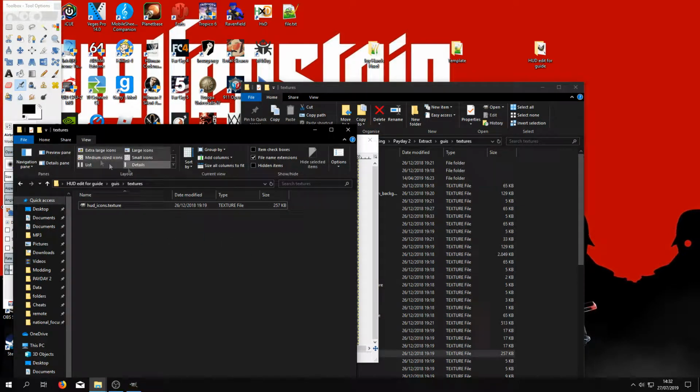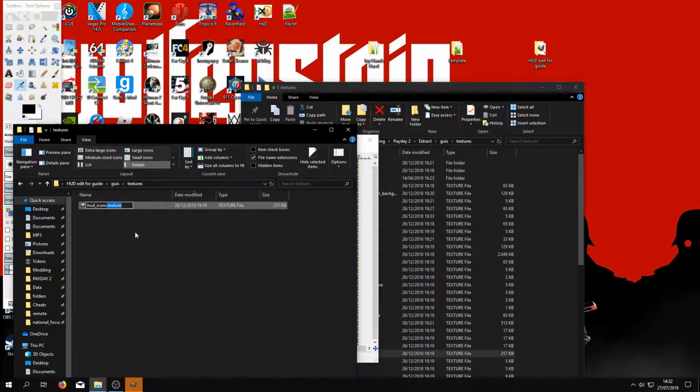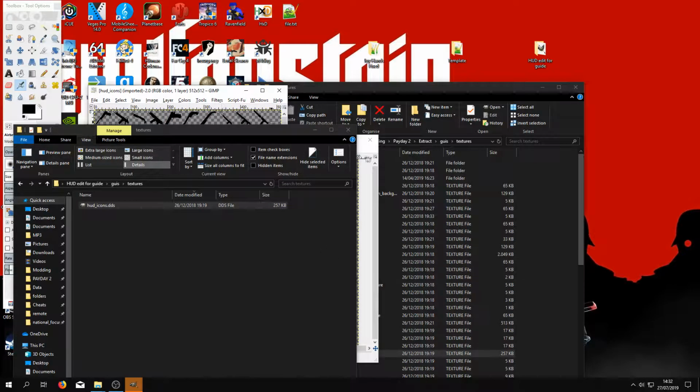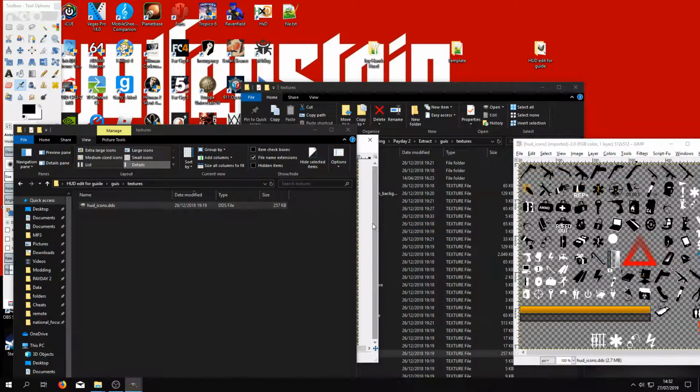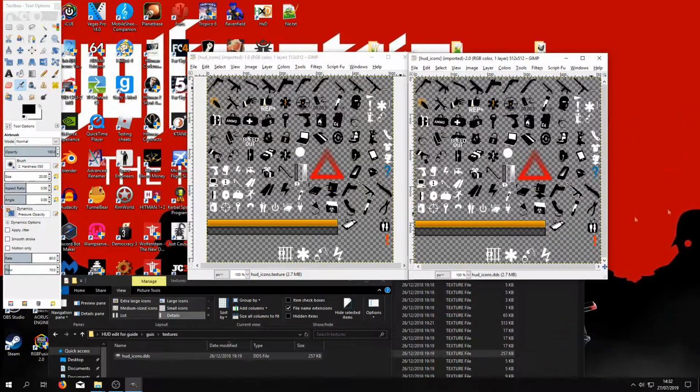On Photoshop you might have to rename the extension, so you enable this and then rename it to what type this actually is. This .texture format is the same as .dds files. If you open it up again, you can see this is the exact same texture. As we see here, we have a cancel texture that's not actually in the game anymore, except for some parts. We see all the icons, but we also see parts from the Payday the Heist HUD, as you can see.